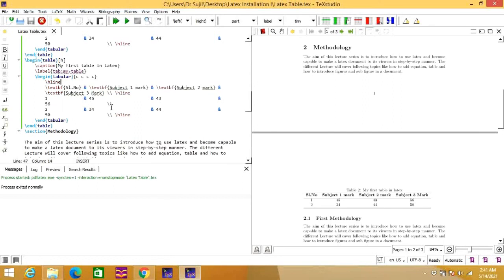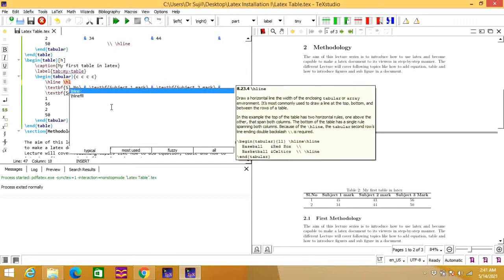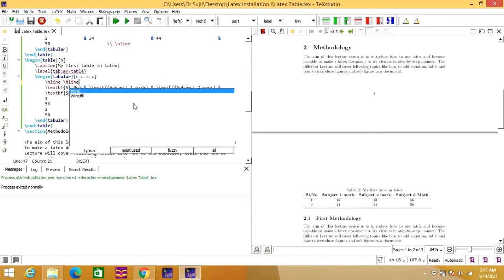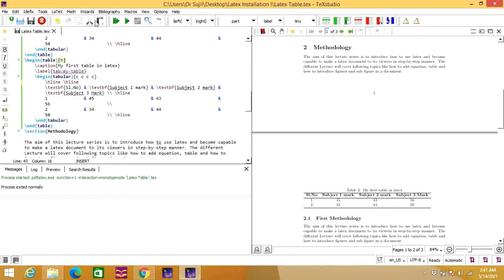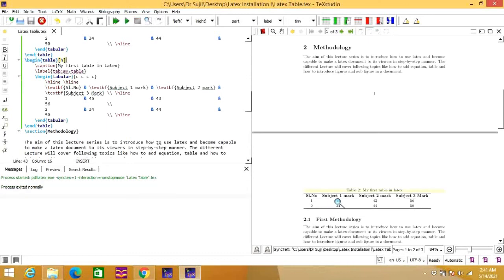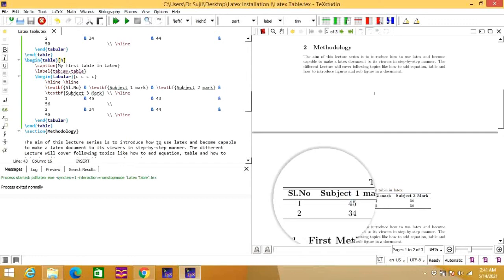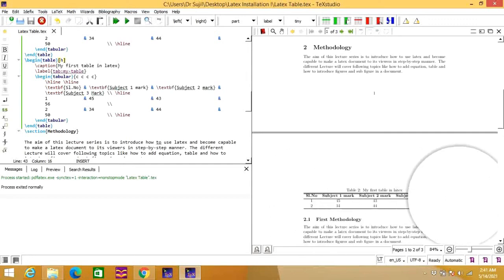After that you add a space, then you write /H line. Now let's see by running this code what changes are going to appear in this table. So now you can see here there is a double line in this table, and this is the standard format of writing tables in IEEE papers.